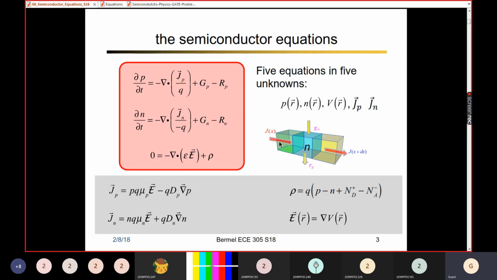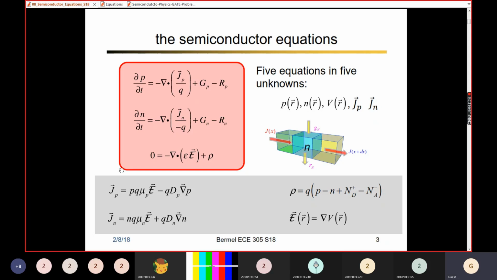In the meantime, ∂p/∂t is equal to minus del dot Jp vector divided by q plus Gp minus Rp, and ∂n/∂t is equal to minus del dot Jn vector divided by minus q plus Gn minus Rn. Whereas in this case, both the derivative equations, differentiated with respect to each other, will be equal to 0. That's why you are getting del dot epsilon E vector plus rho. Therefore, if you solve this,